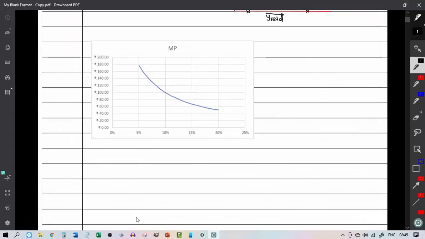Now, it is often said that convexity is a friend of the bondholder. Now, why do we say that? Let's first try to understand that. See, the casual manner of representing the yield curve is